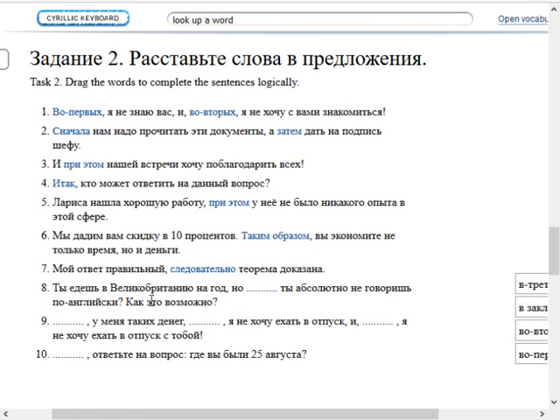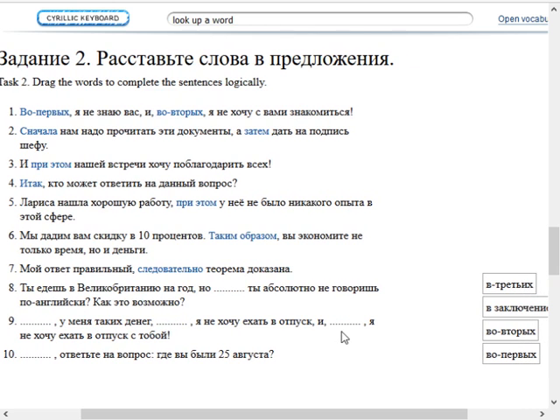Let's move on to the next one and see what we end up with. So, sentence 9 says something у меня таких денег. Something я не хочу ехать в отпуск и something я не хочу ехать в отпуск с тобой. So,